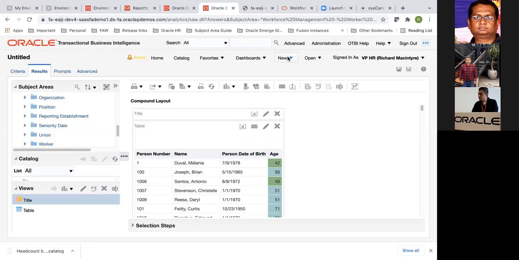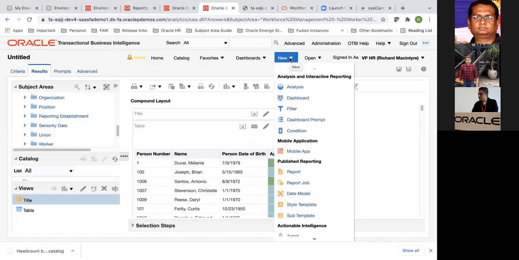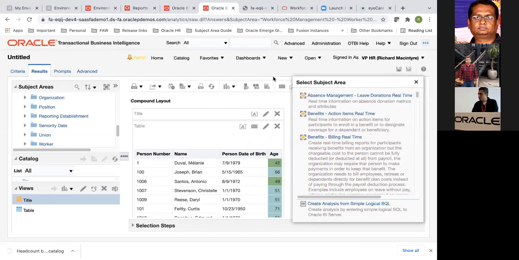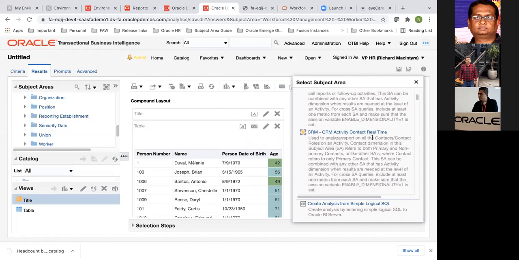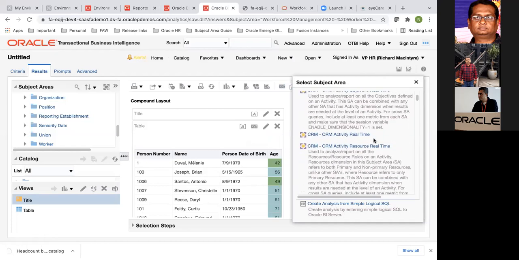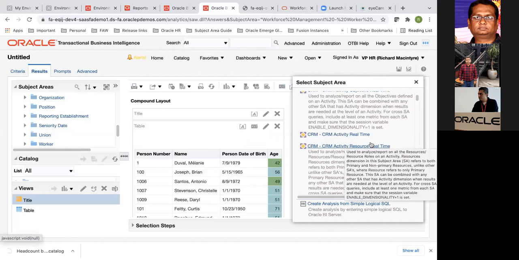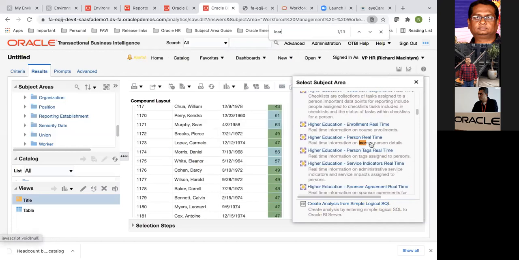See, let me take an example. I'm supposed to talk about two other examples here. Any other subject area, Raghu, if it's not in your plan, where people are interested in learning, is there anything that you want to pick out from that and then show? Or you can go with your flow. I'm just hinting. If somebody is interested in learning, I could show them actually, right? Okay, learning management, real time.